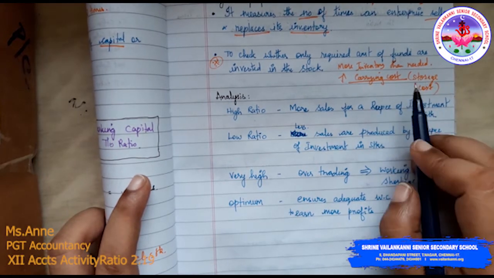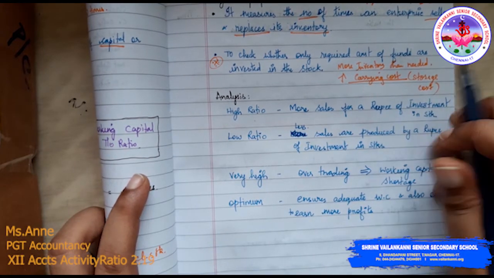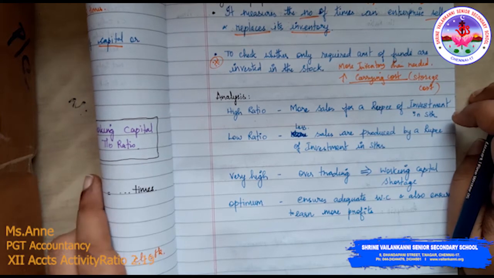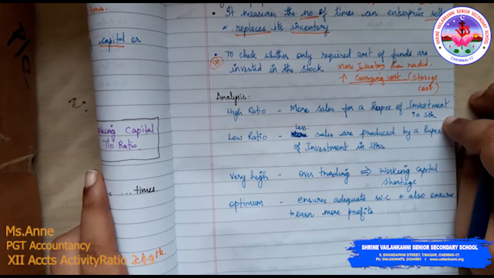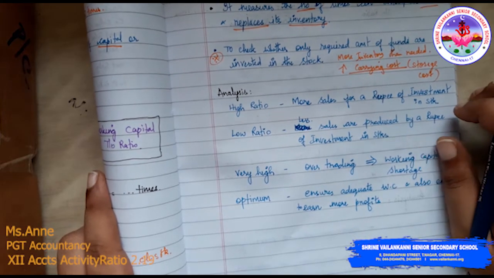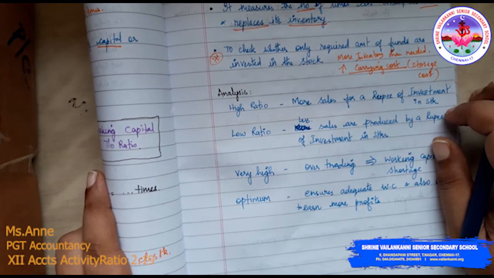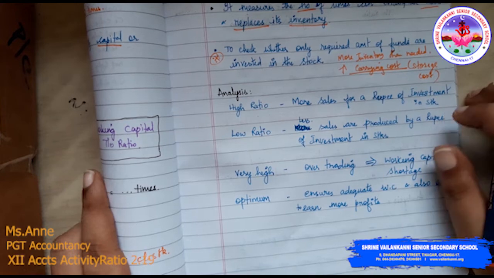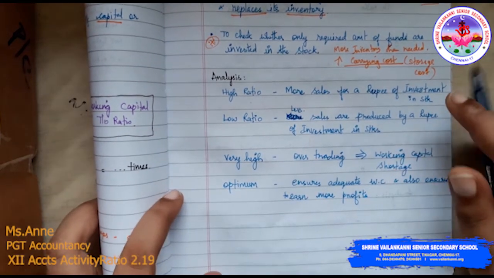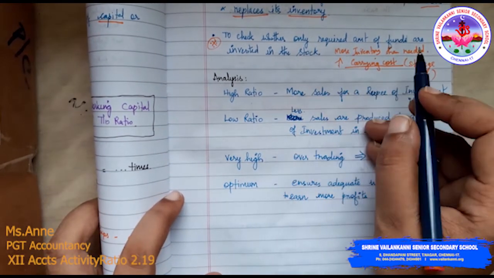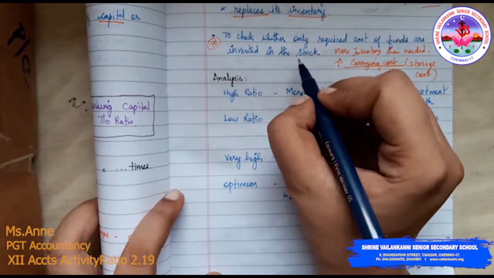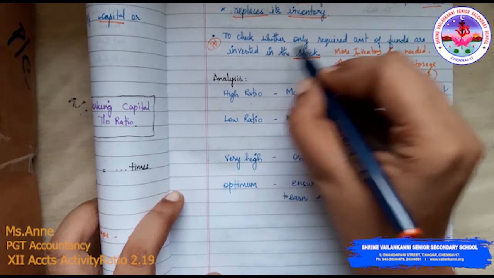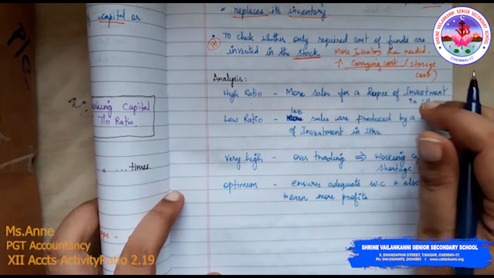So when you are storing the inventory, say for example you have to rent a godown, or the inventory stored after a point of time may decompose, deteriorate, or maybe you have to sell it as scrap because you do not have a market for it. All those problems are raised just because you have invested too much into stock. These are the disadvantages that can arise.